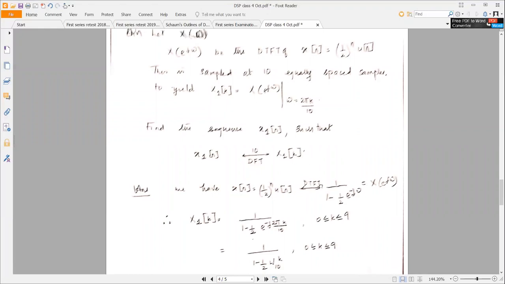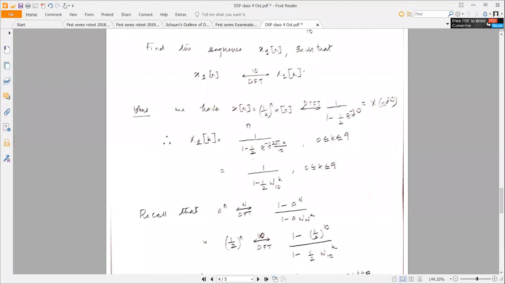So we have to look at an alternate method. Let us see how this can be approached. The answer is that we can write x of n is equal to (1/2) raised to n times u of n, which has a DTFT, which we have discussed in the previous class, 1 by 1 minus 1 by 2 e raised to minus j omega. The DTFT is the Z transform evaluated over the unit circle. The Z transform X of z is 1 by 1 minus (1/2) z raised to minus 1, and for the unit circle you put z equal to e power j omega. So the DTFT reduces to 1 by 1 minus 1 by 2 e raised to minus j omega, and this is your X of e power j omega.